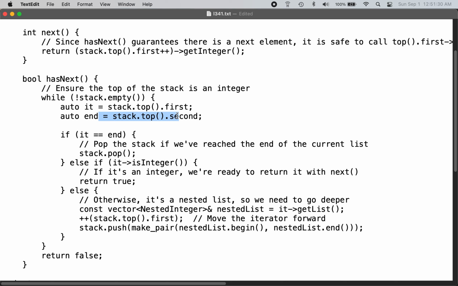the nested list, not the iterator we are implementing. There is some slight confusion, and there can be confusion if you did not observe clearly. If the iterator is at the end, then you pop that nested list iterator. Otherwise, if it's an integer, you say, hey, there is an item, so you return true. But if it is a nested list, you get the nested list with it.getList, and then you forward the current level's